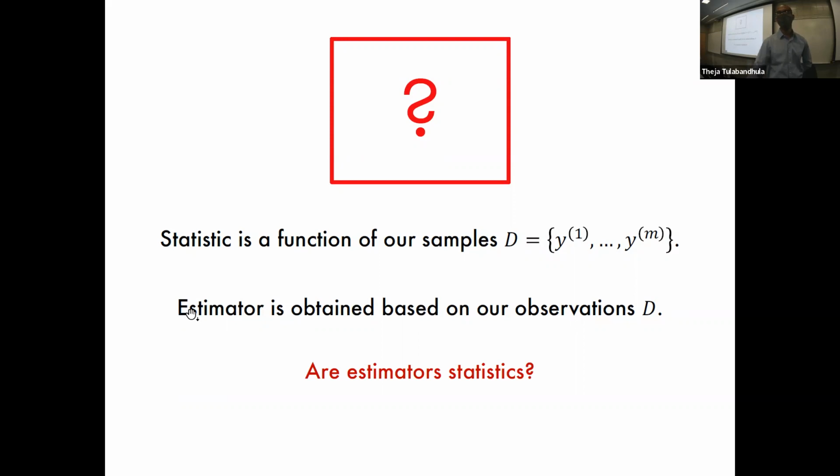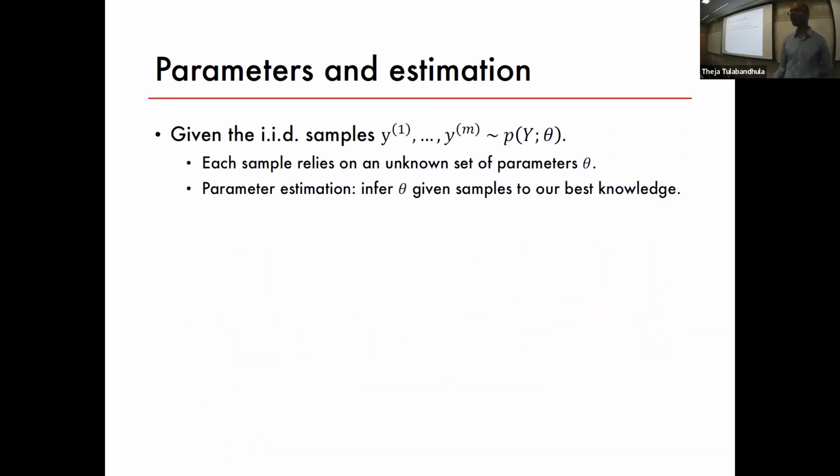So we've been using the word estimator informally so far. We're not going to do any formal treatment of statistics, by the way, in this course. Because we said a statistic is a function of data, and an estimator is also obtained from data, it seems plausible that an estimator is also a statistic, right? It is. And so we just use a slightly different vocabulary when we talk about estimation of parameters.